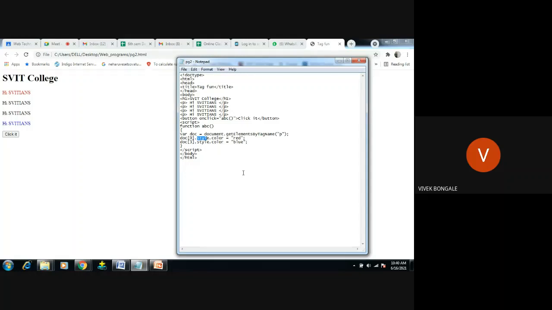So what we do, we'll try to use the ID now. Means we'll use another property, like inner HTML. Okay, we'll try to use the inner HTML. So how will it work?